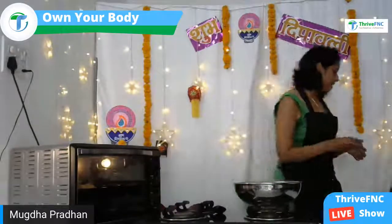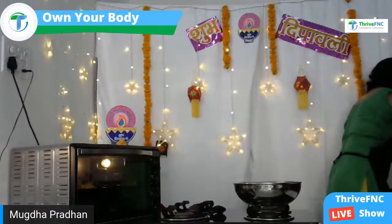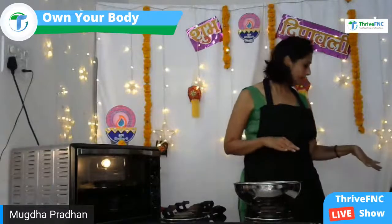Okay. So while that's baking, the next thing we are moving on to is something called karanji. Now, I come from a Maharashtrian community where these karanjis are made even more differently than what I'm showing you now. There's so much intricate work that goes into it. Are we making karanji only, right? Okay. There's layers and layers of